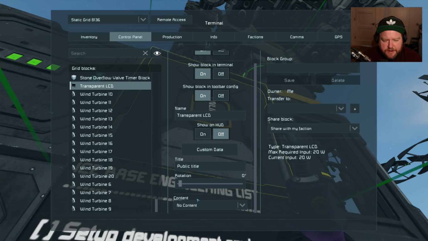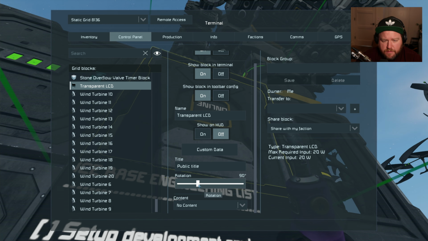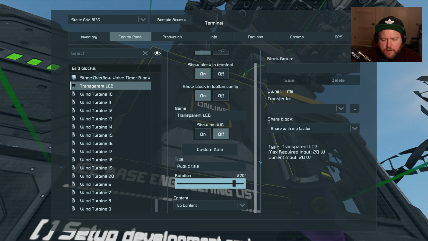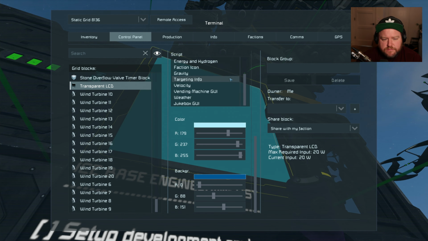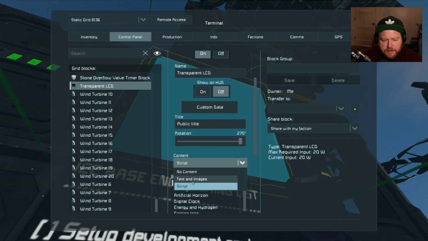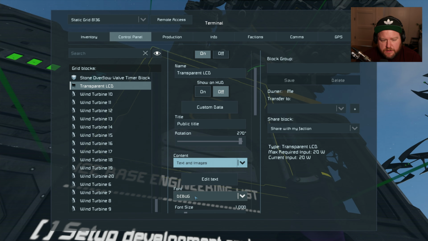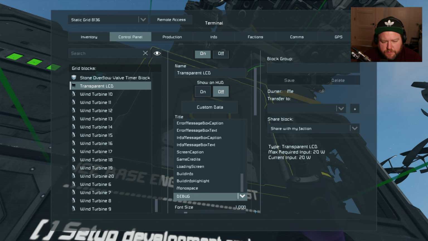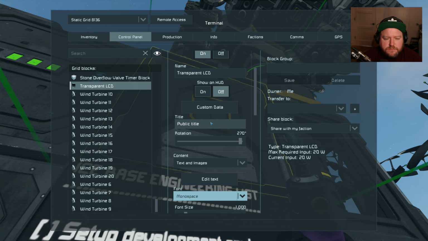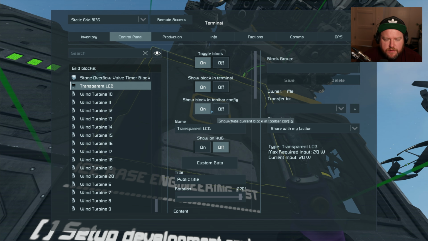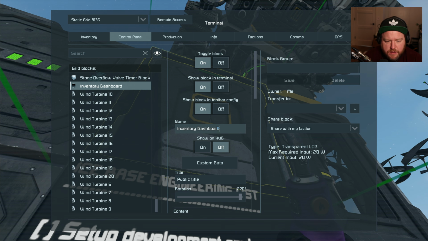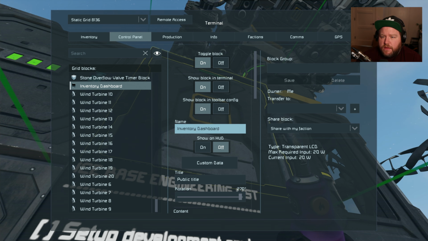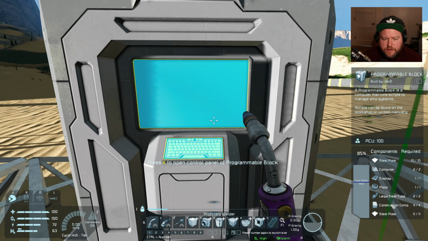Make sure that it's rotated correctly. There we go. The contents of script. Actually, no, it's the content of text and images. And we do want the monospace font. And then we'll give it a name. Inventory dashboard. And then